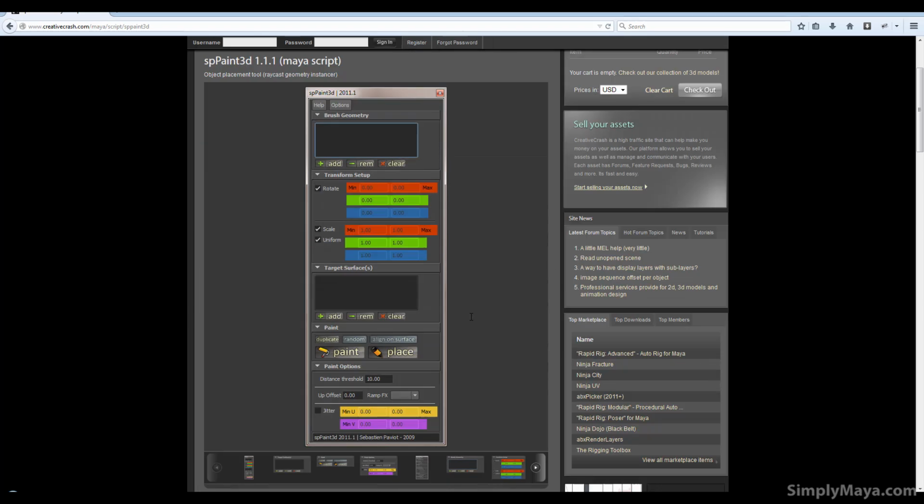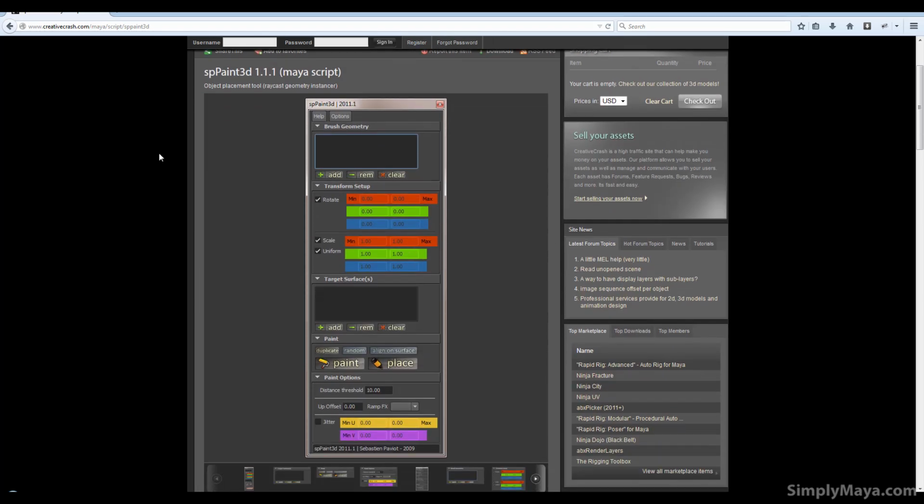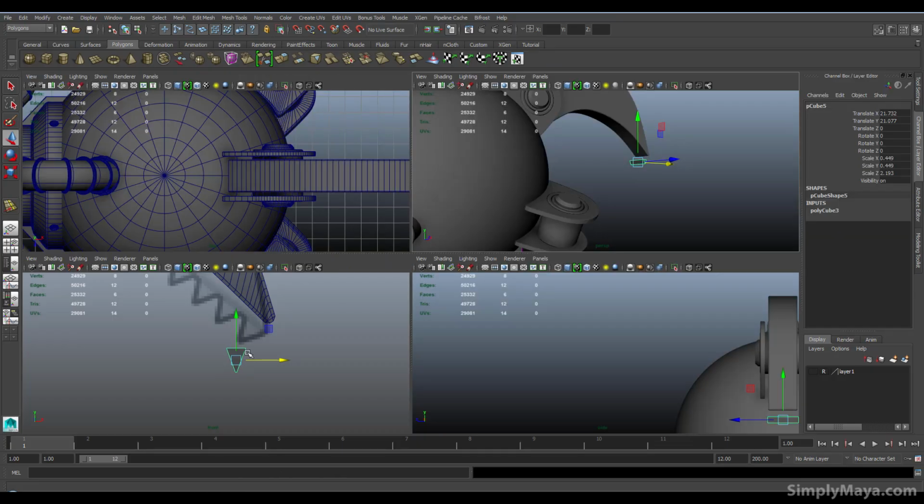Now SPPaint is a great little script. You can get it here on Creative Crash. It's just under Maya, Script, SPPaint, and I'll actually make a note of the website address in the README file for the tutorial. So once you've downloaded that